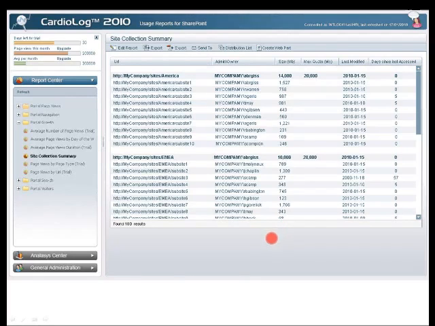The customer who created this custom report took some information directly from SharePoint, which did not exist in CardioLog. For instance, the max quota in megabytes for a site collection. This report is named Site Collection Summary and shows the different site collections and their different admins and owners and